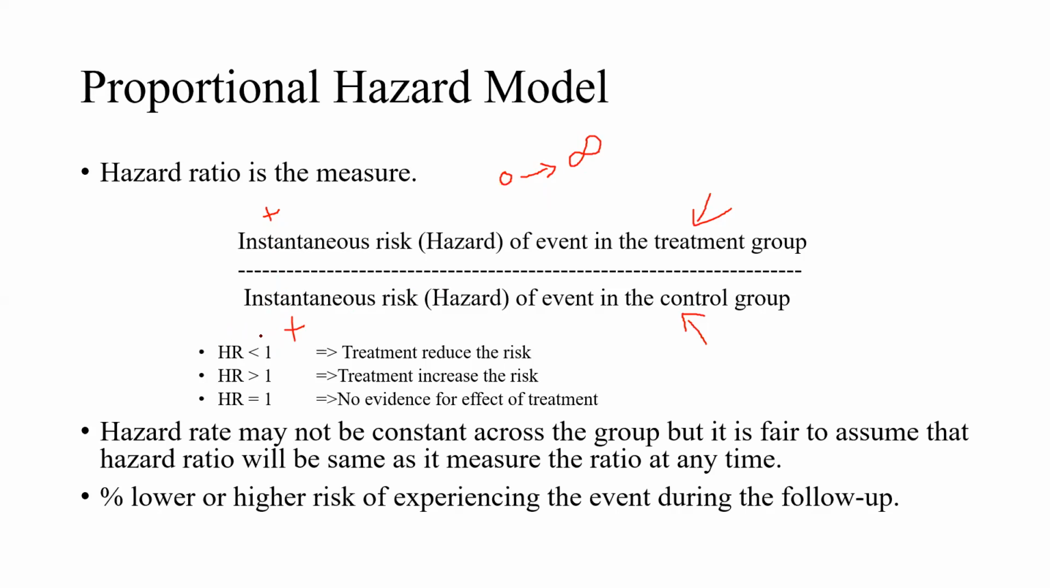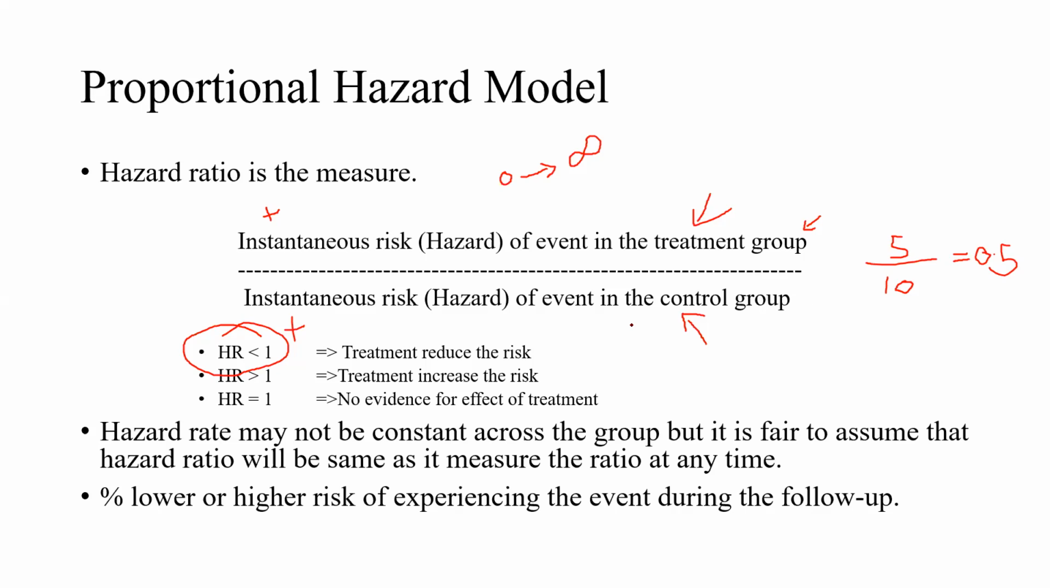And when the hazard ratio is less than 1, just think about what is happening. A hazard ratio less than 1 means the numerator value is lesser than the denominator value. In other words, suppose the instantaneous hazard for the treatment group is 5, and for the control group is 10. This will give you a value which is less than 1, which is equal to 0.5,